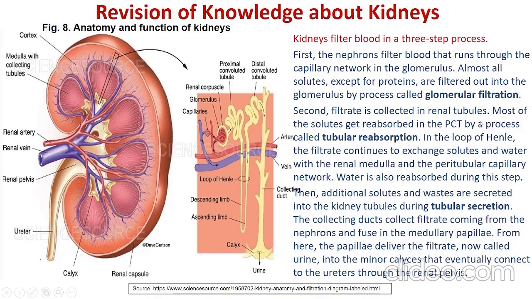It moves to the loop of Henle, where the filtrate continues to exchange solutes and water with the renal medulla and the peritubular capillary network. Water is also reabsorbed in this step, and we gradually move to step 3, which is tubular secretion. Additional solutes and wastes are secreted into the kidney tubules in this process, and collecting ducts collect the filtrate,